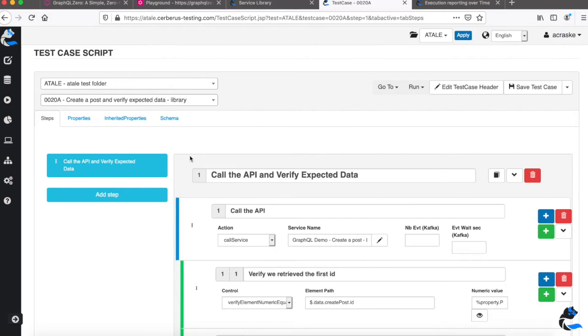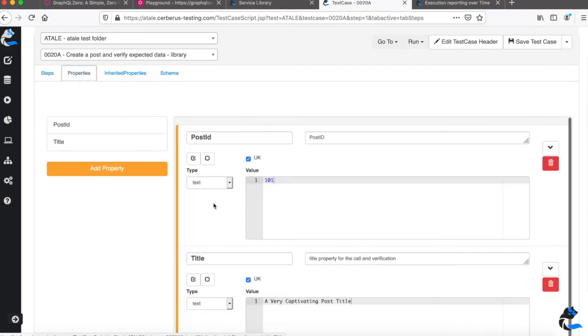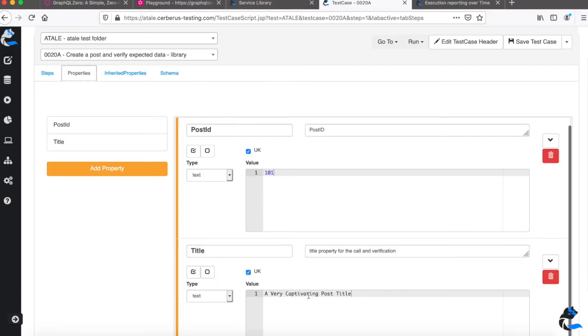And now if you go to your test case definition, you have nothing to do, especially in your call of the service. The only thing you need to change is here in your properties definition to define your property and the value you will want to use.